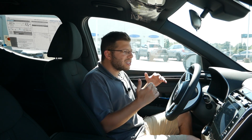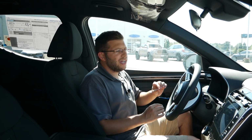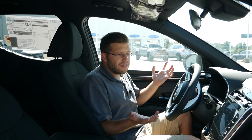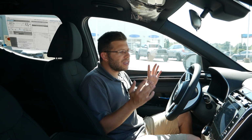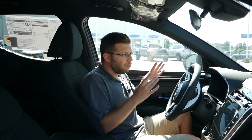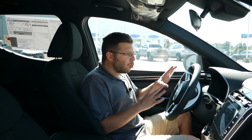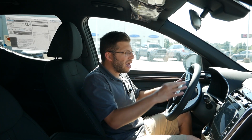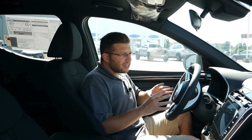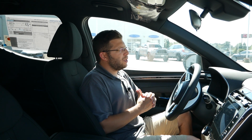But when you compare this to, say, a Ford Maverick, and again, I can't give definitive statements on this because, of course, it hasn't arrived yet. I haven't experienced one. But I believe that the Ford Maverick is going to feel a lot more rugged and more of a traditional pickup compared to the Santa Cruz, which feels more like a Tucson, but you have a bed in the back. But I feel as though this vehicle could do quite well with younger buyers, people who live active lifestyles,